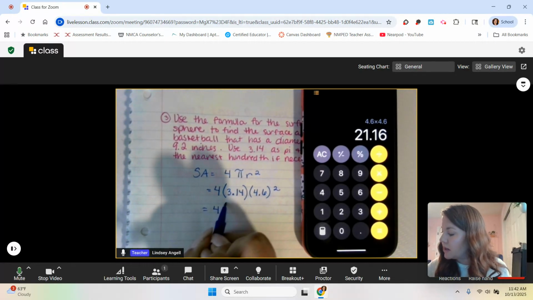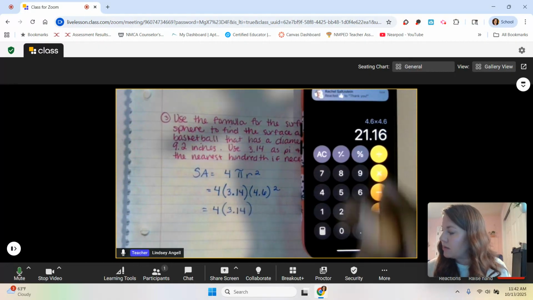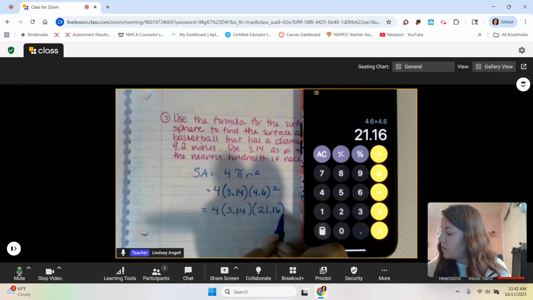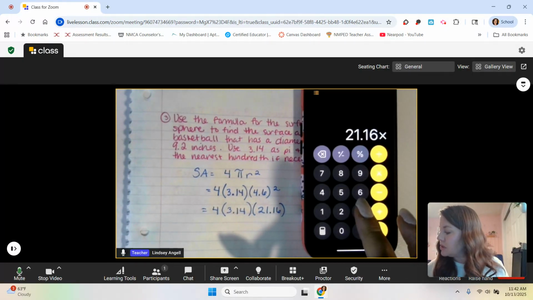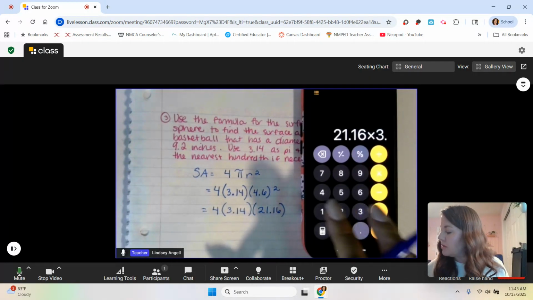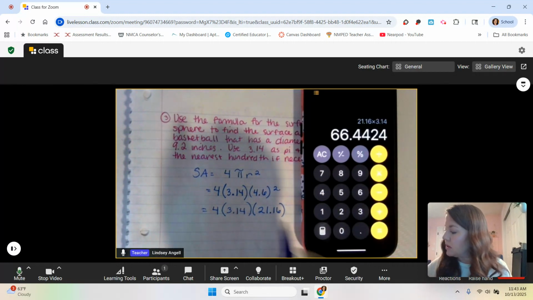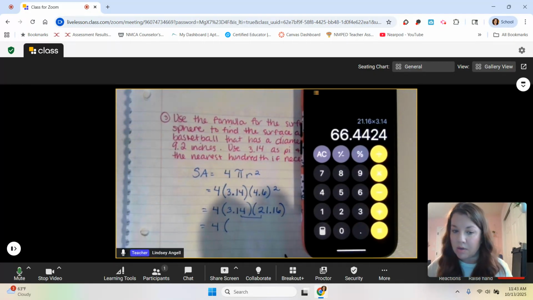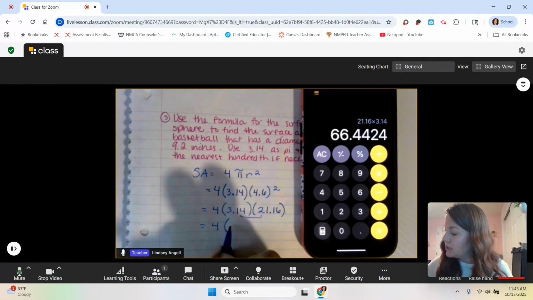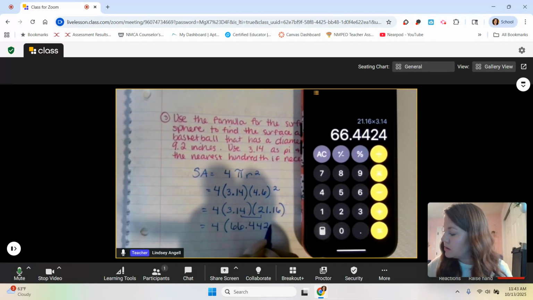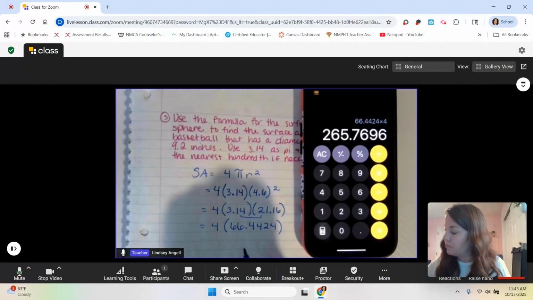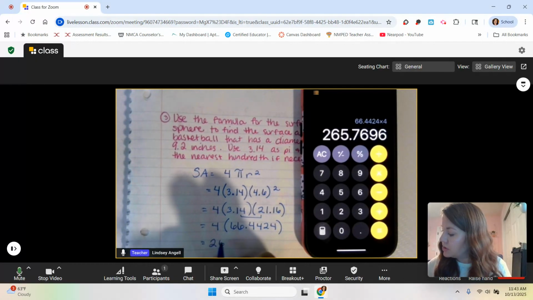So we've got 4 times 3.14 times 21.16. I kind of went backwards, but that's okay. I multiplied these two together on my calculator. So now I have 4 times, let's see, we've got 66.4424. So multiply by 4 gives me